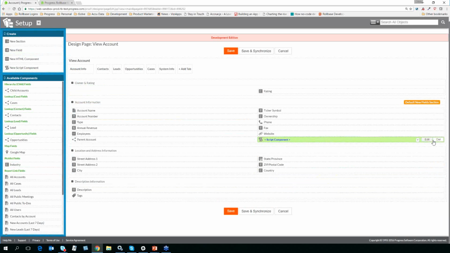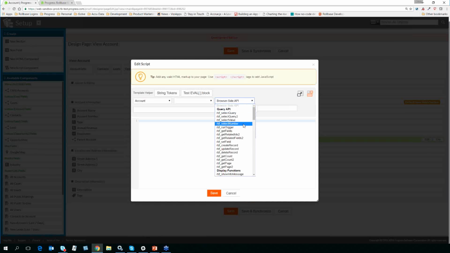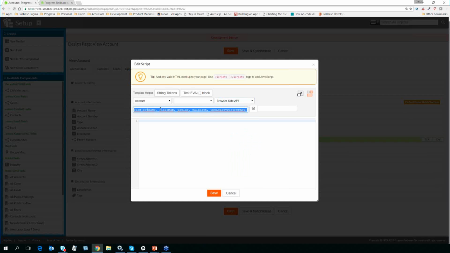I can add script components. This is a way that we can actually extend the application using JavaScript, so no proprietary language. We use just normal JavaScript, and we have full client-side and server-side APIs available. So it gives you a quick way that you don't have to code everything. These are pre-coded with logic in between them or behind them. So depending on what the item is, we use the field maps and callbacks, so each of these different APIs